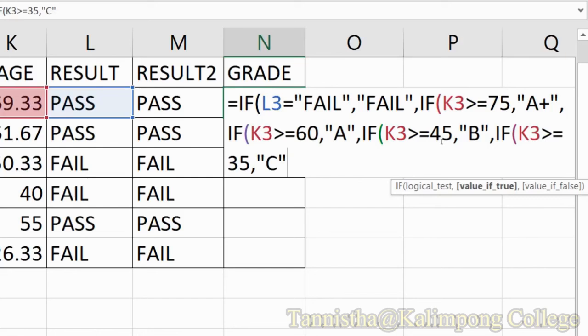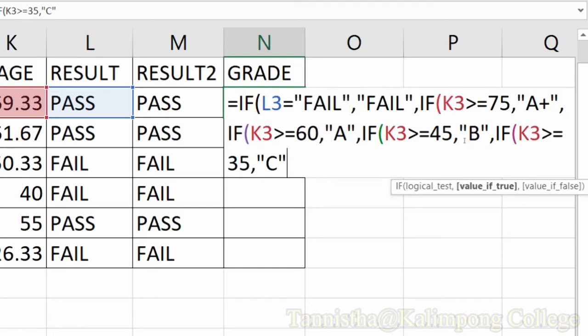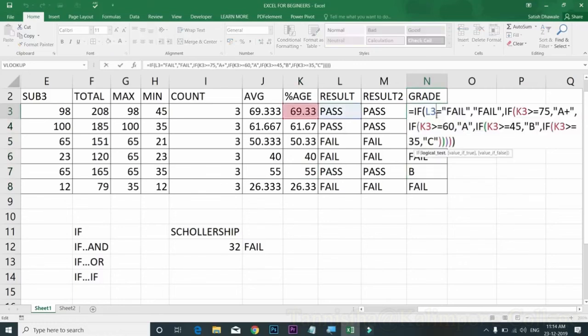You may think that the formula is so big, but no. I have just copied the first formula everywhere. Only you need to change the grade. That is A, B, C instead of A+. Now close all the 5 brackets and press enter and apply drag and drop method. You can notice all the grades according to the percentage obtained by various students. This was the application of nested if. So you need to practice a lot here.